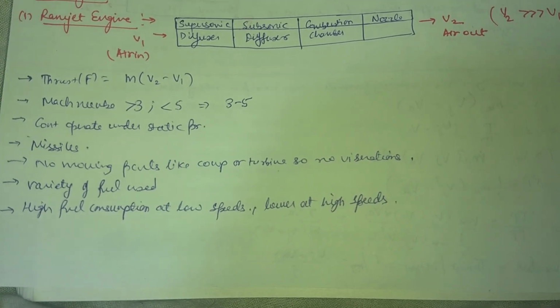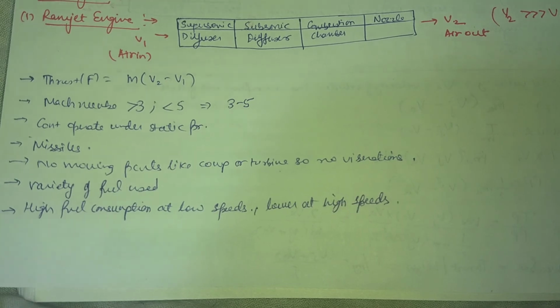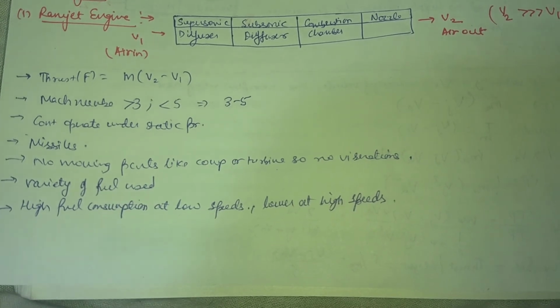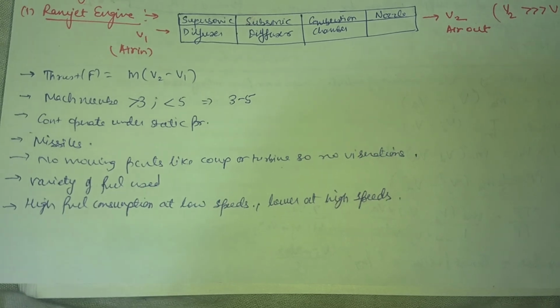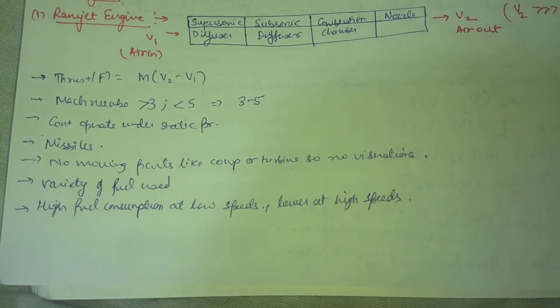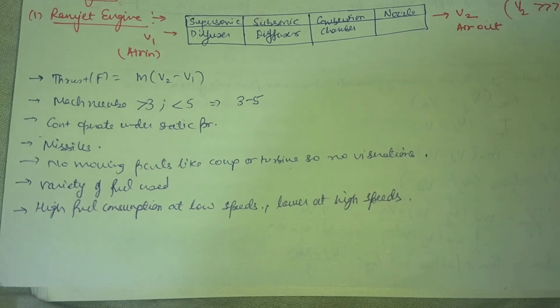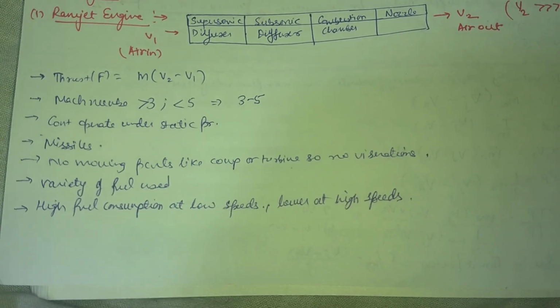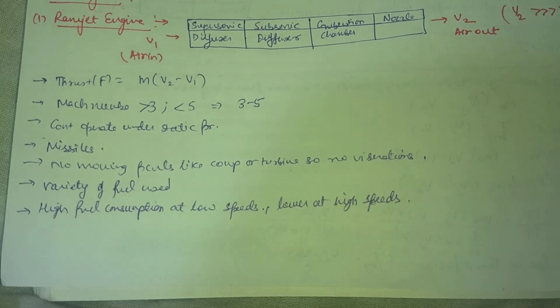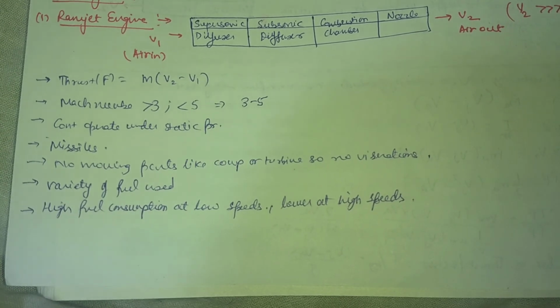Now the last and important point you need to note is that at zero air velocity there will be no thrust, so to obtain any kind of thrust in this engine, it needs to be launched from either an airplane in flight or a launching rocket. So this kind of engine is often used in missile weapons.